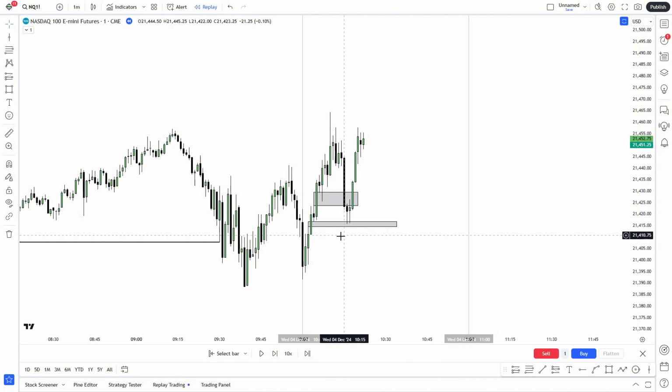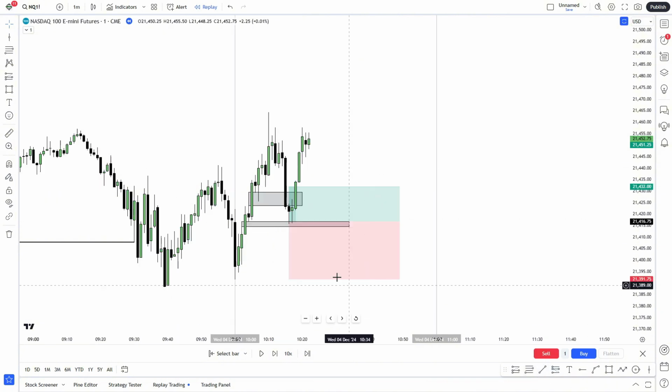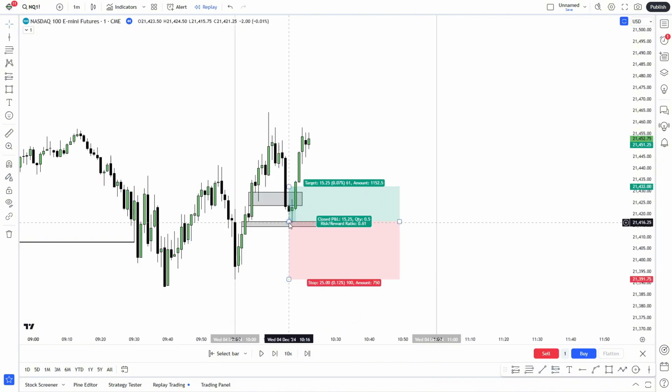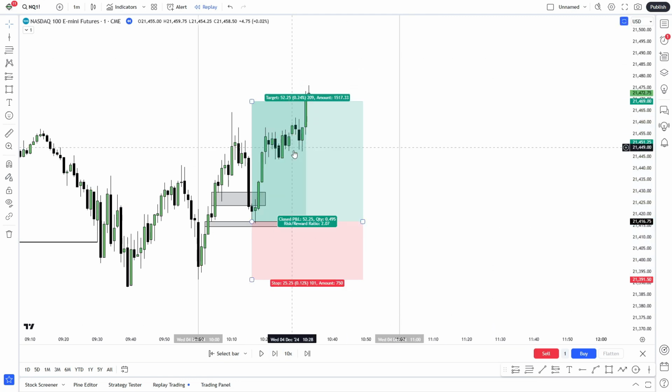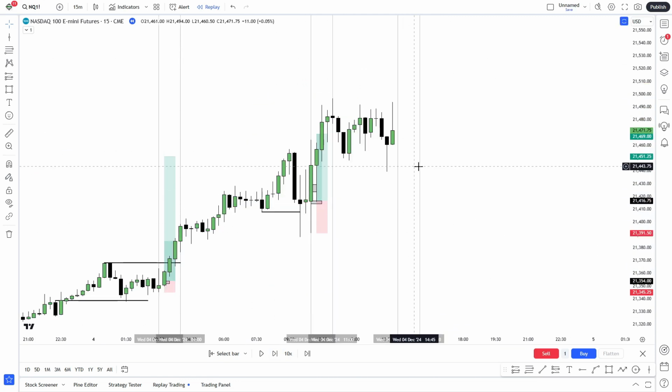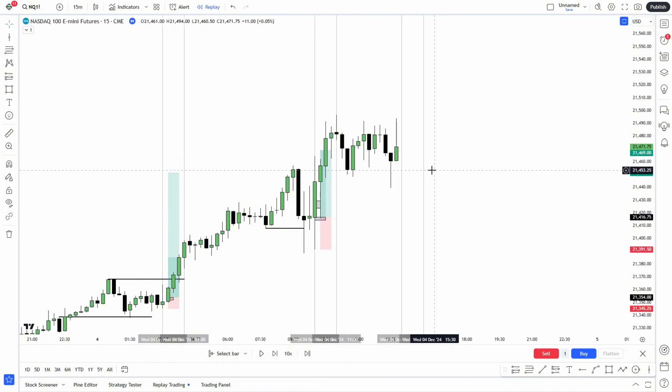level right here. So let's say you did the conservative approach, your entry would have been right at the top of this fair value gap right here, stop loss below the swing low, and then looking for maybe a fixed risk reward, or targeting an old high, depending on what your model is. Let's say we decide to go for a 1 to 2 risk reward, and as you guys can see, we hit it right there.